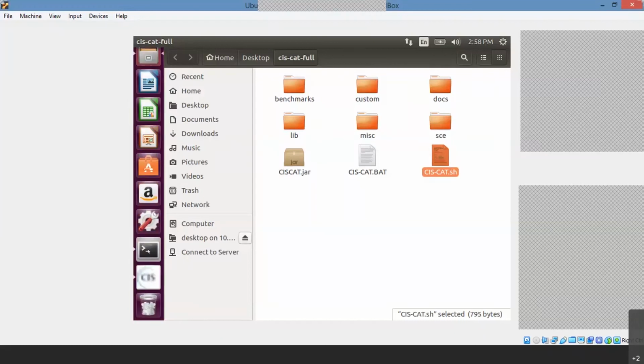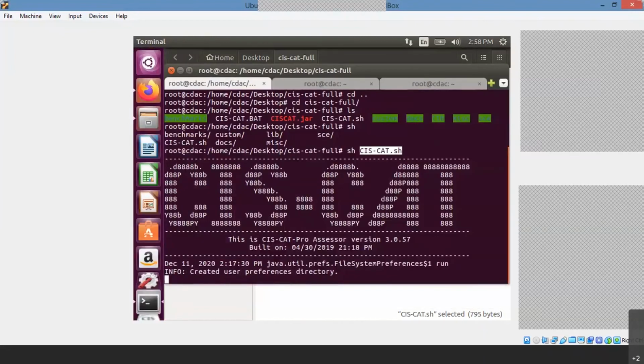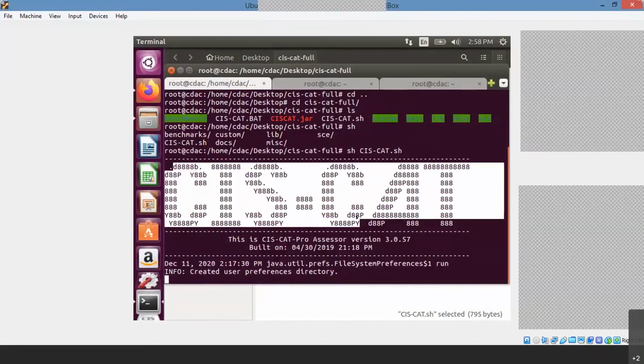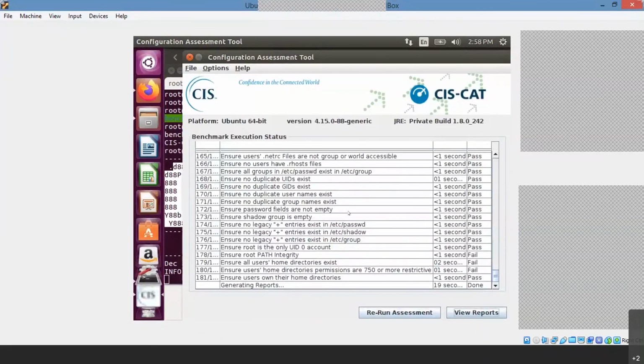Once you've done this, you will get this screen. Info: created user is one. Then your next screen will be this. Once the assessment is done, you can directly view the report. But keep in mind the reports will not be saved to the same location every time. It will be a default location where your report is saved. You have to see where the report is saved, go to that location, and check the hardening level of your PC and your network devices or whatever it may be.